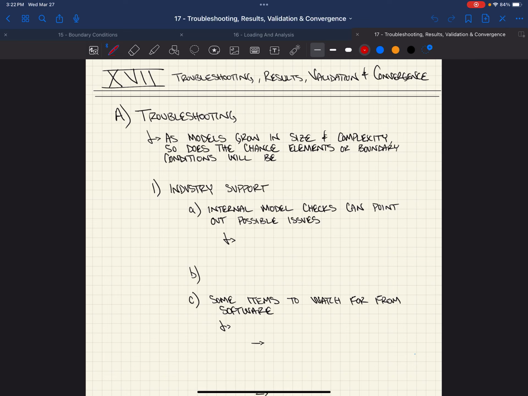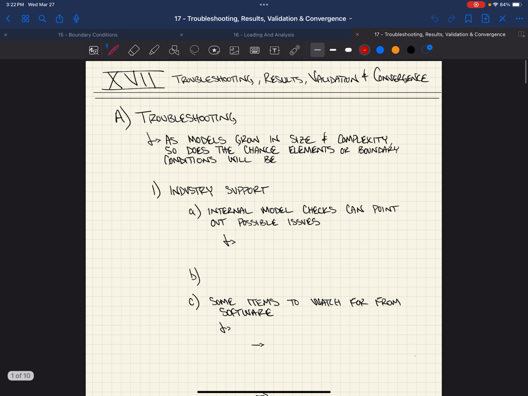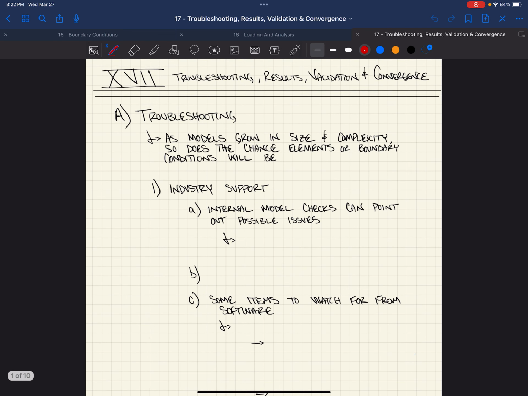All right, here we are, back again. Let's see here, where are we? So we got through our loading and analysis. So we've really gotten through the bulk of